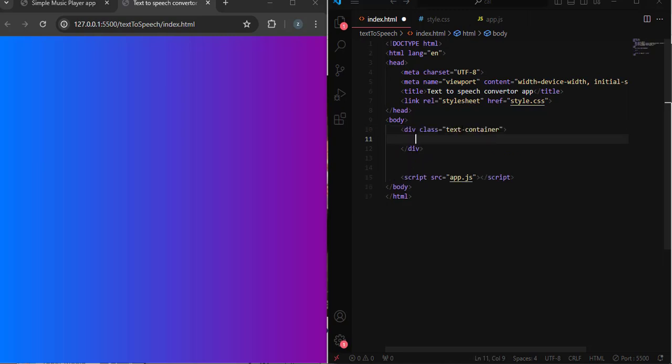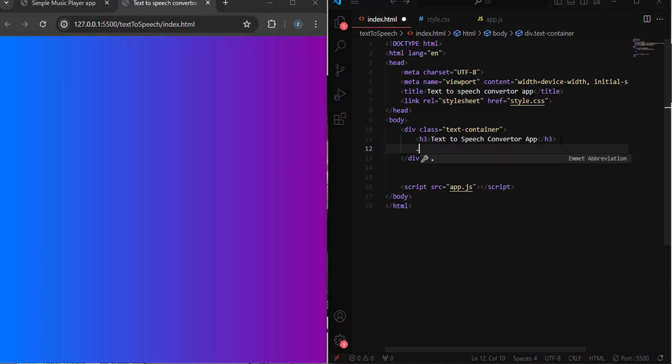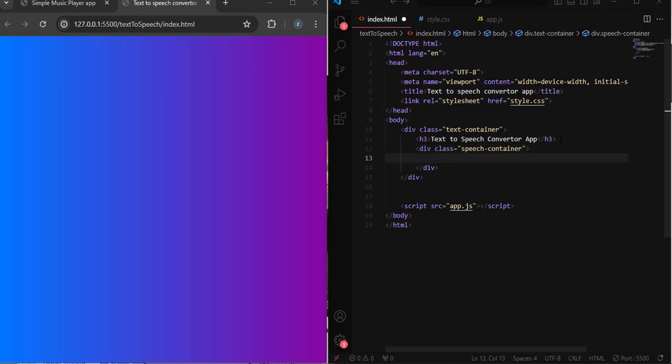Inside this div element, we are going to create an h3 element right here. h3, let me say, text-to-speech converter app. And then again, we are going to create another div element having a class name, let me say speech container. So inside this div element having a class name speech container, we are going to create a select option right here. Here we have select,